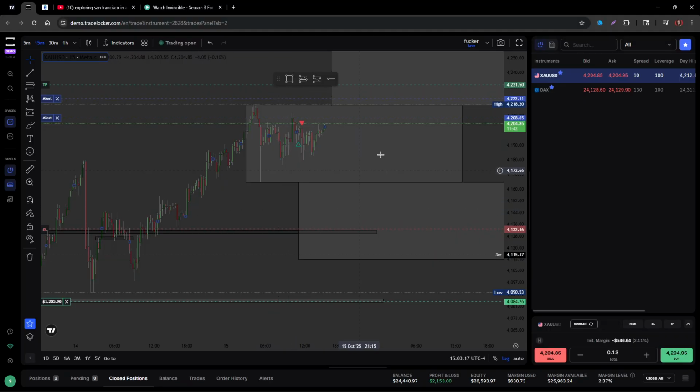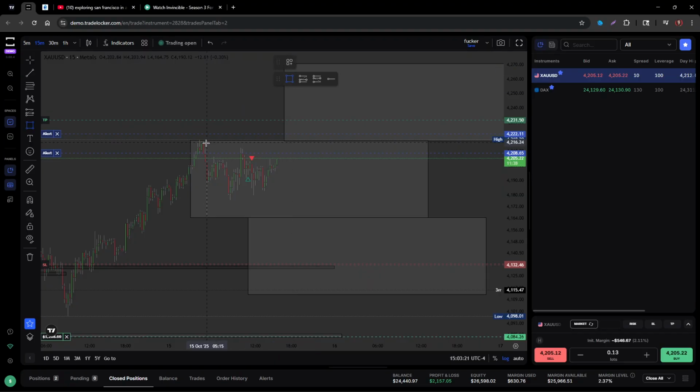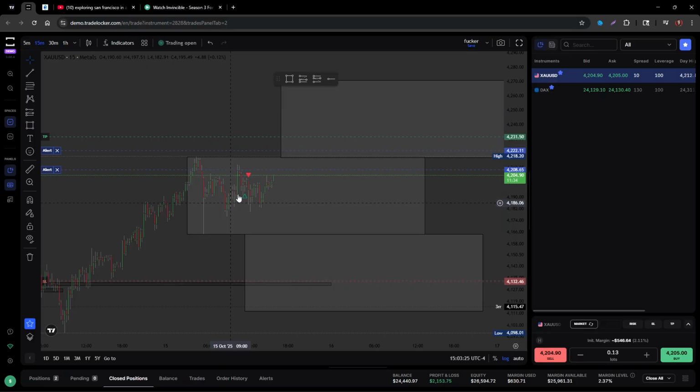The boxes right here, this top and bottom zone and this middle box, show the consolidation that's happening right now. As soon as we get a breakout to the upside or downside, you will see the same amount of movement that just happened right here happen outside of the zone. Whenever you see a consolidation, most of the time if you mark it out and let it break out either way, up or down, it will move the same amount it just consolidated with.